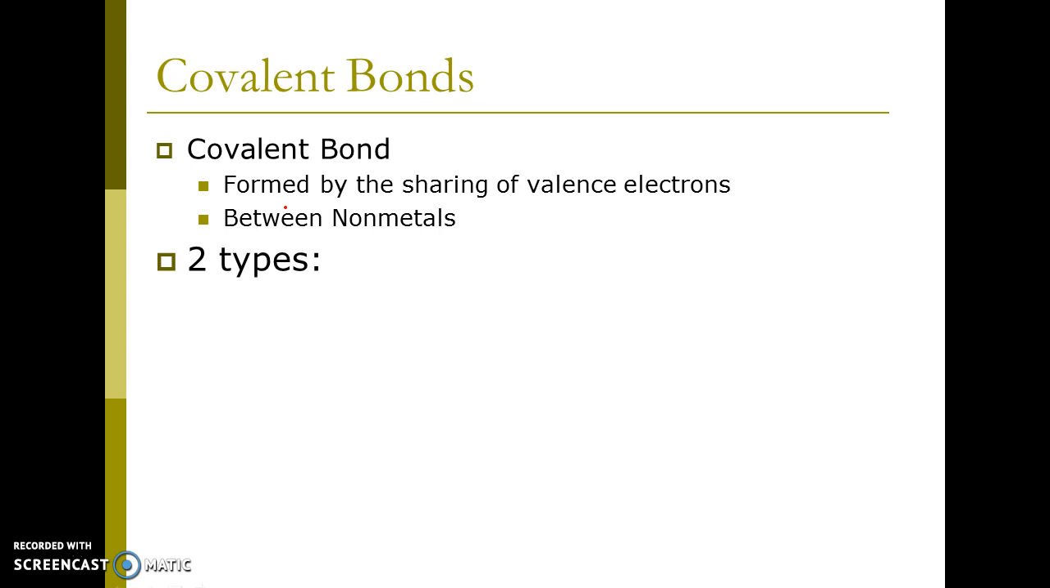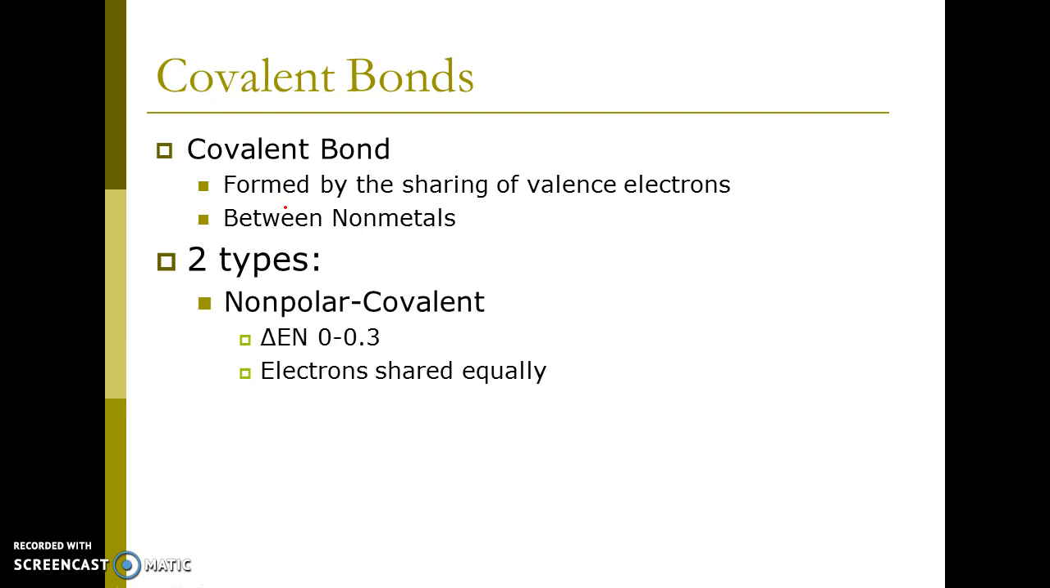This is where you will need your periodic table with electronegativities printed on them. We can have a nonpolar covalent bond. In a nonpolar covalent bond, your difference in electronegativities will range between 0 and 0.3. This is because your electrons will be shared equally in this molecule. Now, when we say the difference in electronegativities, you need to find your elements on the periodic table to determine